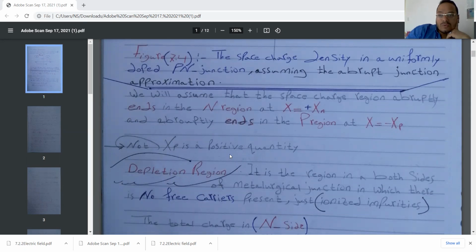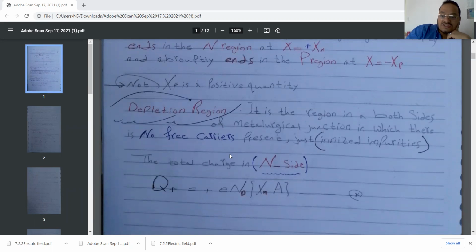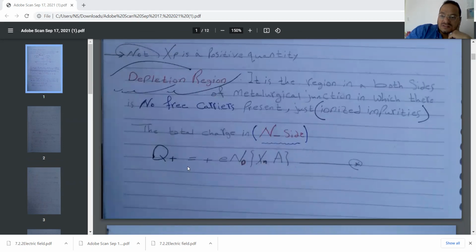After that, we will do a simple review of the depletion region, or space charge region. It is a region on both sides of a metallurgical junction in which there are no free carriers present. We explained the reason for that: just ionized impurities inside it. The total charge in the n side, in the n region, is Q equal plus electron charge, donor concentration, width of the depletion region on the n side,